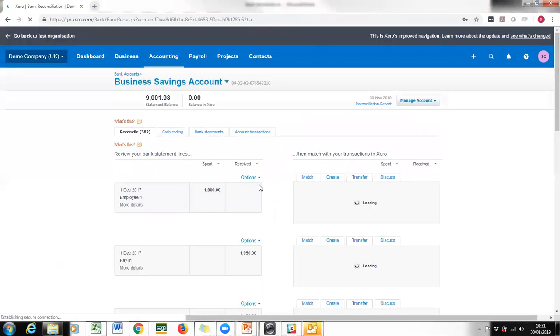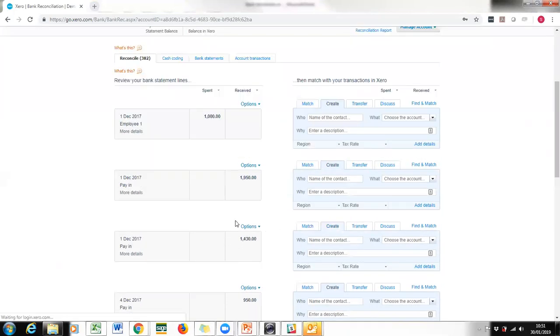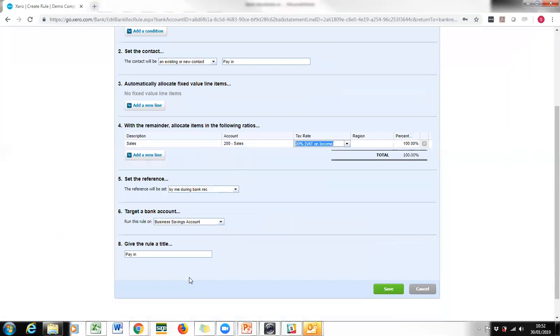If you think how long it would take you to manually input those into the Sage, then that's a huge time saving. Now you've still got to code them and allocate them, but again, there are some rules here that we can set up. So for example, pay-ins, I'm going to, in this case, just create a bank rule. So receive money rule, where you can choose all or any input, different criteria, but I'm going to say where any text fields contains the words pay in, then I'm going to say it's a sale. Now, it's not necessarily the case, we could be matching it to sales invoices, but just for the sake of this example, choose this. So if I press save there,